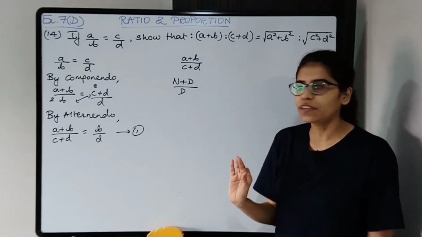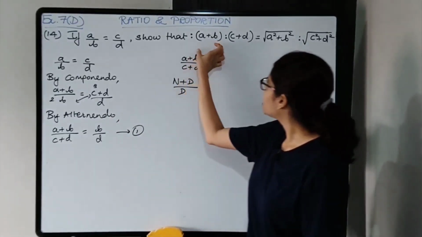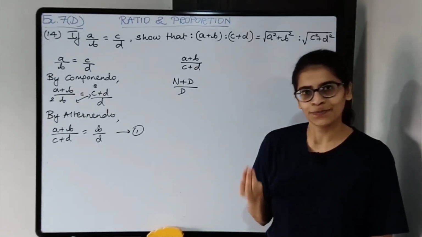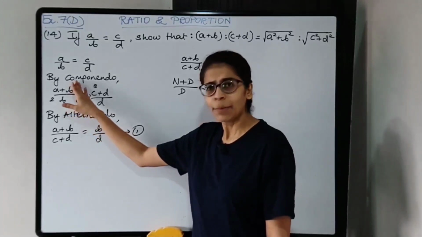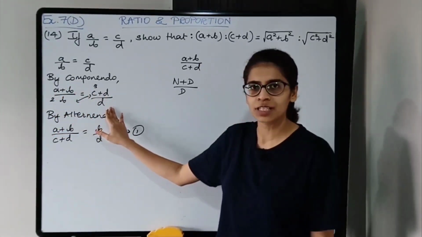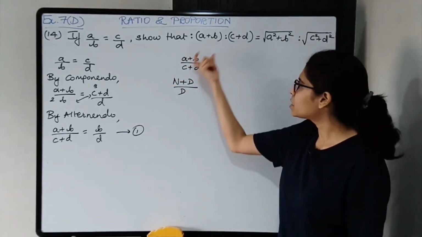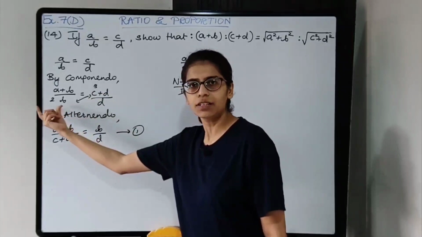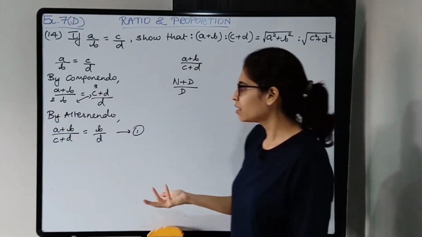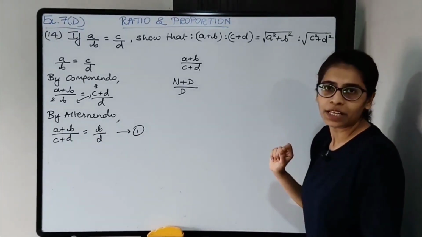So first what we did, we checked the LHS. Okay, in the LHS we have A plus B upon C plus D. There is no minus sign, so we'll use only componendo. Okay, so by componendo, numerator plus denominator upon denominator, same thing in RHS. Now we'll check again. What do we need? We need A plus B upon C plus D. So we'll shift C plus D over here and this over here by alternando. Okay, so this is what we are getting. Now let us check how to obtain the RHS.